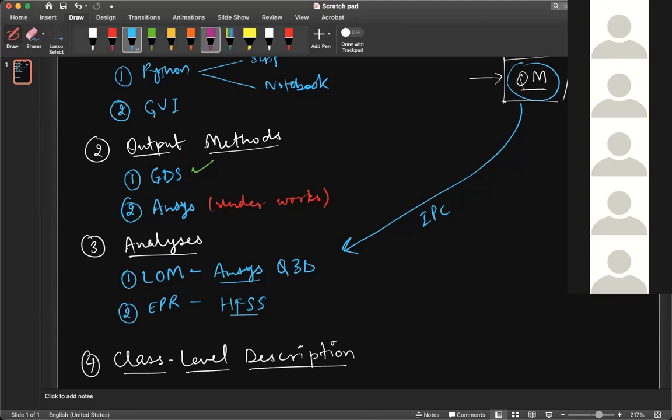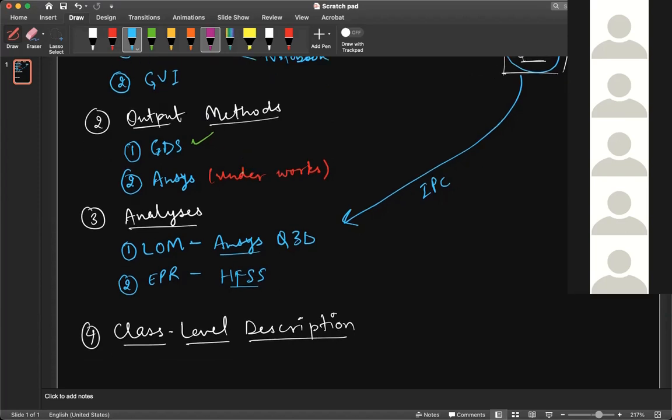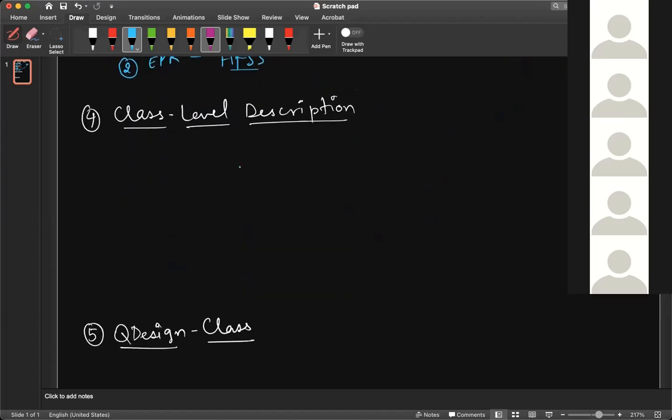It also mentions different constraints and different parameters, like the substrate on which we want to make the particular chip. So it contains the substrate parameters, then the constraints regarding the design, such as what should be the width and height of your transmon. All those parameters are in the GDS file basically. Okay, coming back to